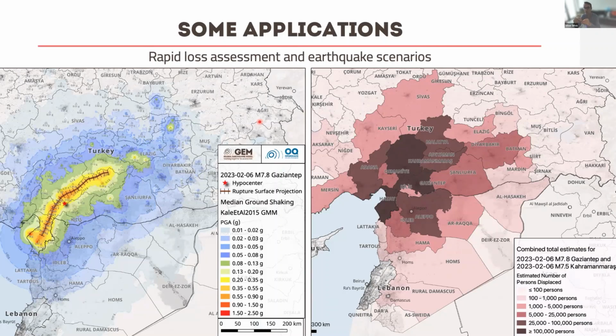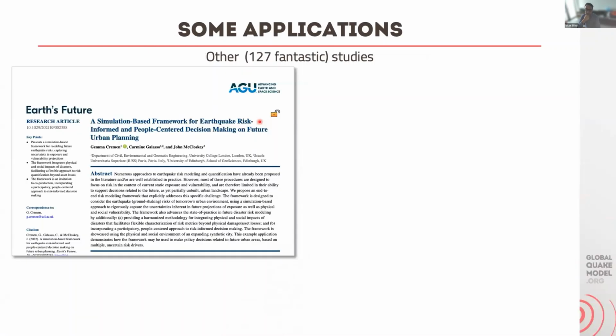And this is very useful because basically we can go back and forward, check the losses, check the vulnerability, and often either create new fragility functions, which can be done relatively quickly, or calibrate existing ones. I also wanted to mention that yesterday when I was doing this presentation, I went to check which publications were